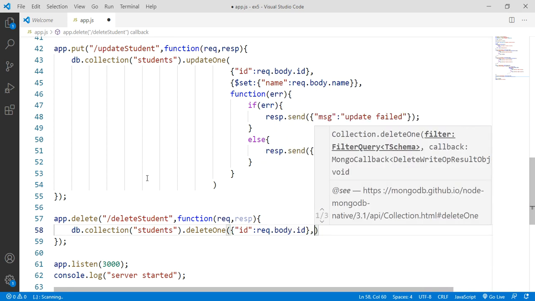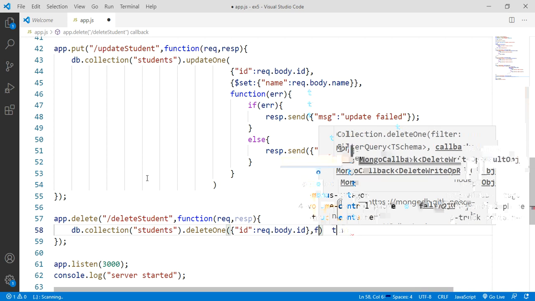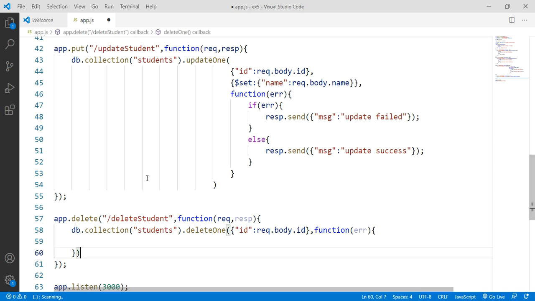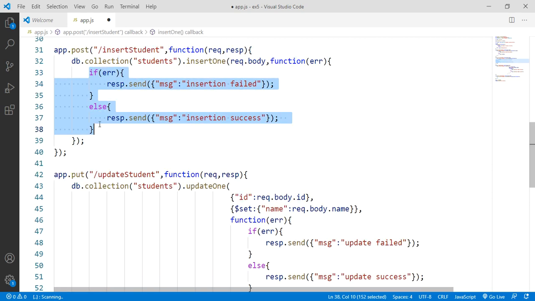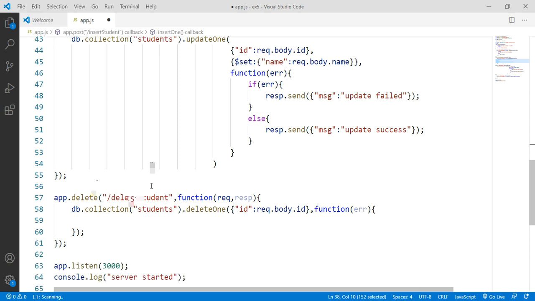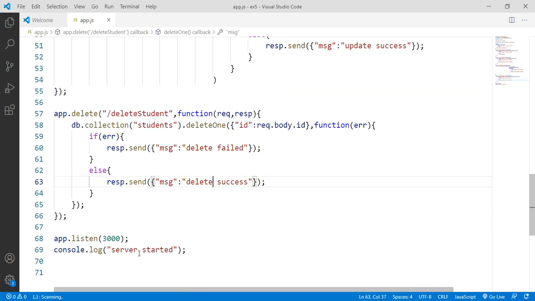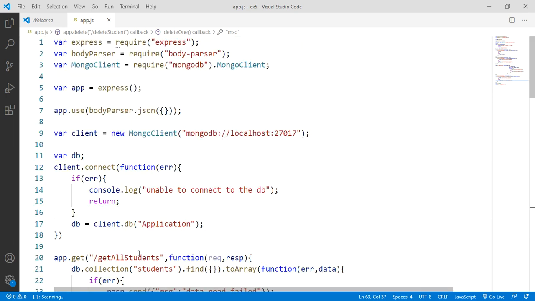User input I am taking and I am passing to the database side. Function, error. So same processing here. Delete failed, delete success.